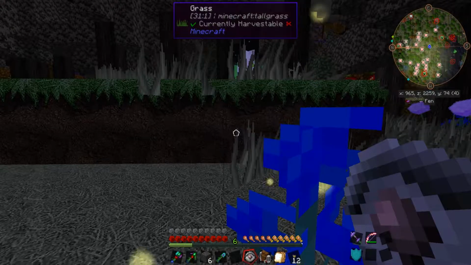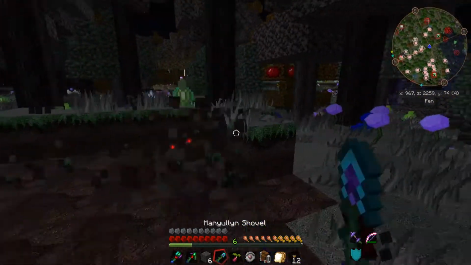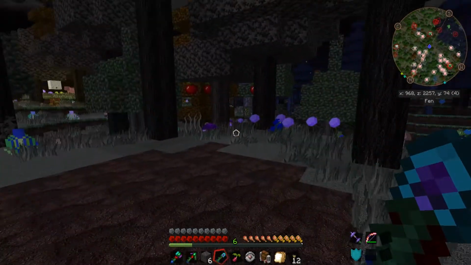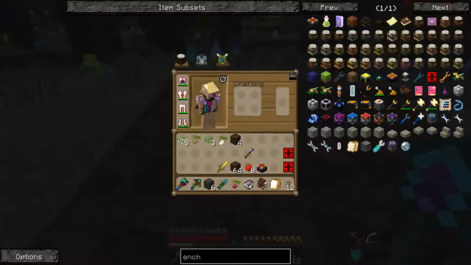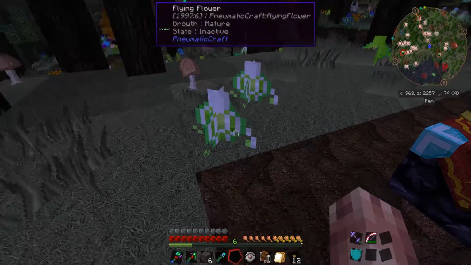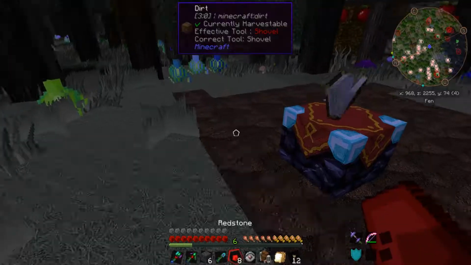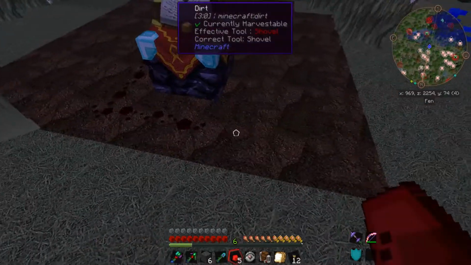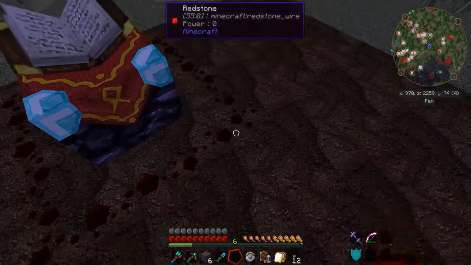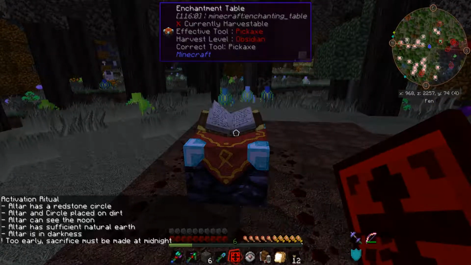And we will come back into our regular form. We'll just kind of pop that down like that. Now let's go ahead and get this set up. So we are going to set up the enchantment table, and we are going to put the redstone around it. Just like so. Now if we grab one of our sigils and we shift right click, it will tell us